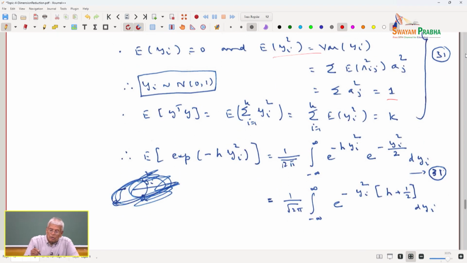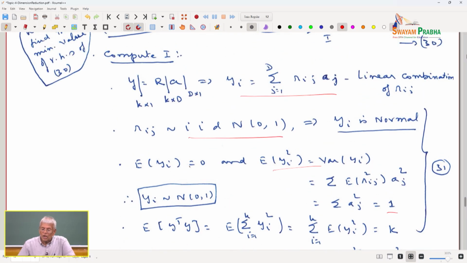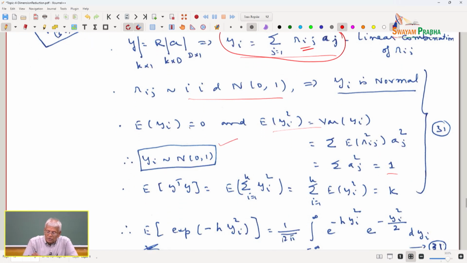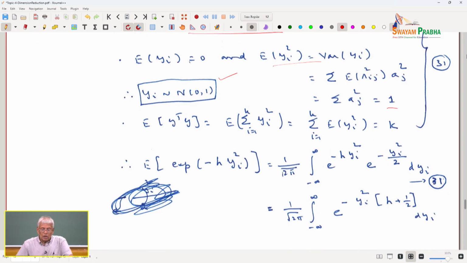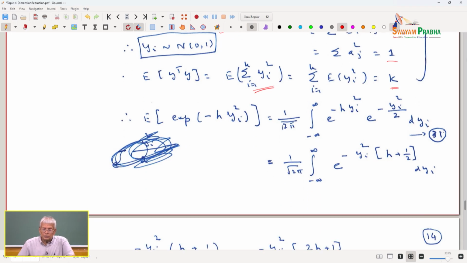Now look at this. Yi's are linear combinations of normal random variables. We all know a linear combination of normal random variables is also normal. Until now, we used only the first moment and second moment. Now we are also trying to pin down the distribution of yi. So yi is normal. This is an important conclusion. Yi transpose yi, that is the total variance, is equal to k. So the expected value of e to the minus h yi square,